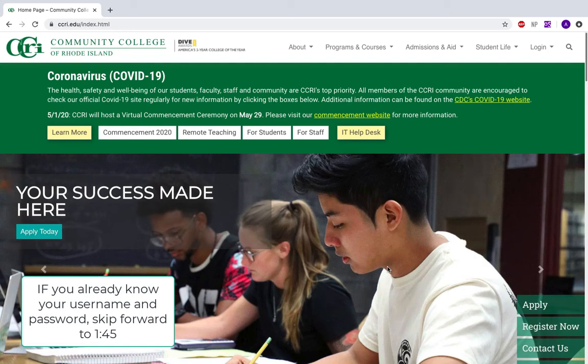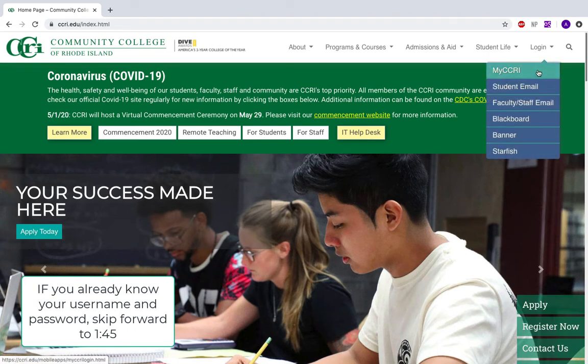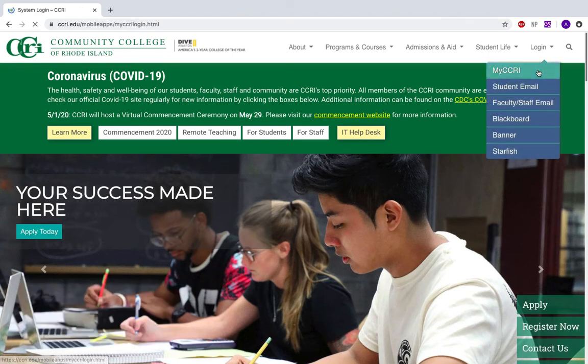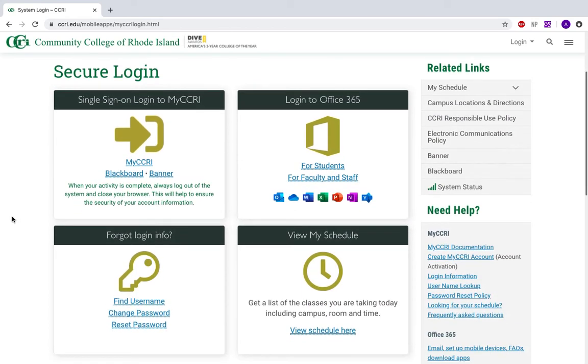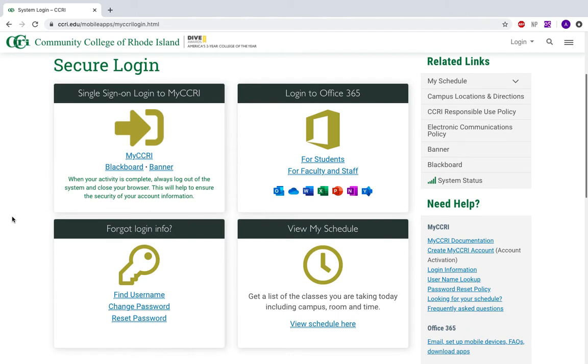Today I'm going to show you how to access your MyCCRI account. Go to the CCRI homepage and click Login. Click MyCCRI and you will come to the Secure Information Systems page. Now, if you do not know your username and password, you're going to come down here to Find Username and